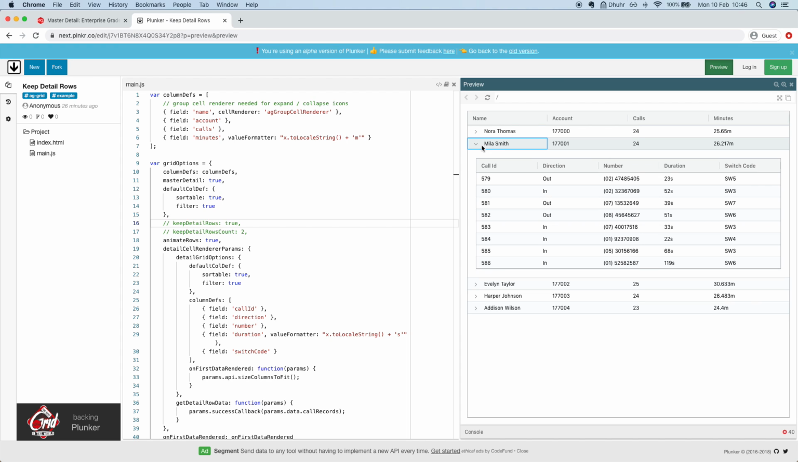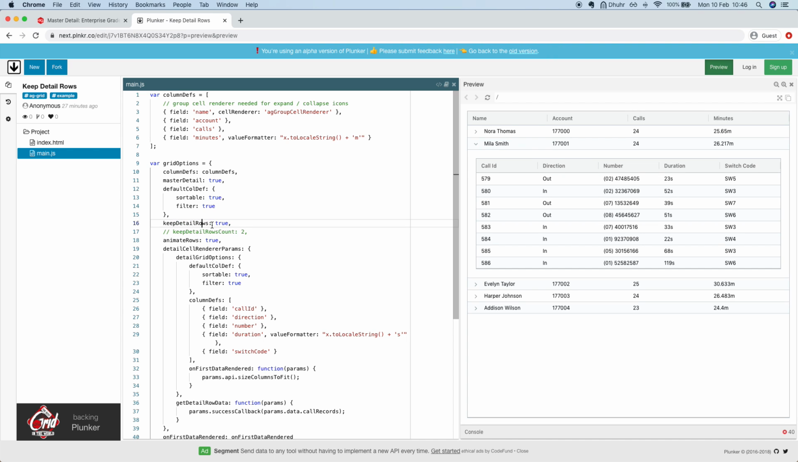So to get around this, the grid has provided us with 2 properties that we can include in our grid options: keepDetailRows and keepDetailRowsCount. keepDetailRows is a boolean, and it's basically telling our grid not to destroy our detail nodes when collapsing them, and that will allow us to maintain whatever state's in them. Now, this can become expensive if you're using many detail grids. So the keepDetailRowsCount property tells AG Grid the maximum number of detail nodes to keep rendered at any one point. So if we go ahead and include these 2 now,